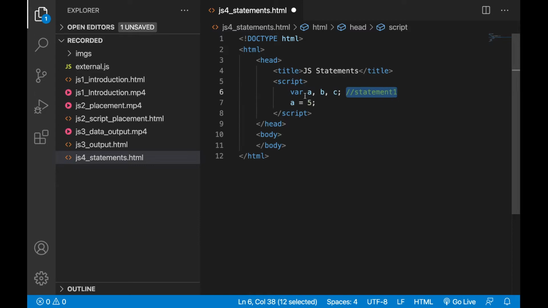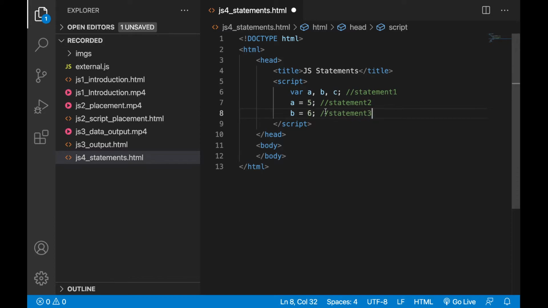So the browser will go through this one and assign values. In statement 2, I am assigning a value to the first variable. In the next statement I will assign another value for the b variable, let's say 6. Okay, statement 3.